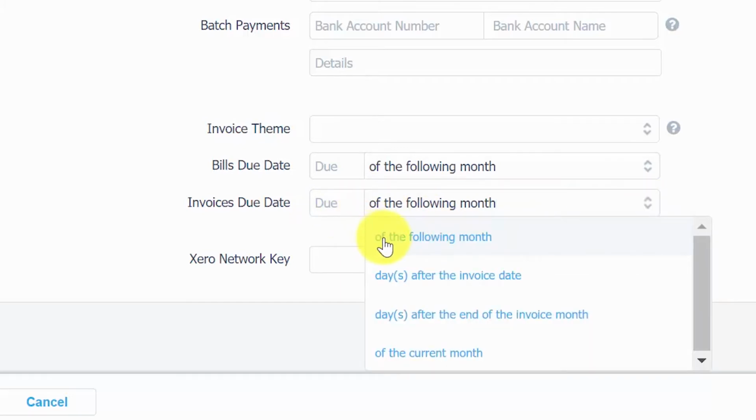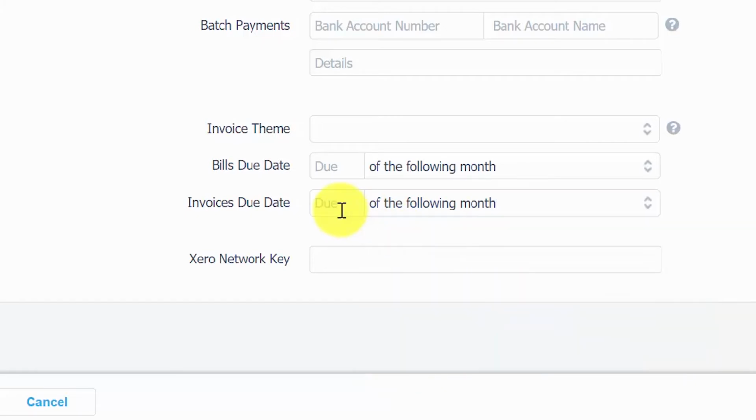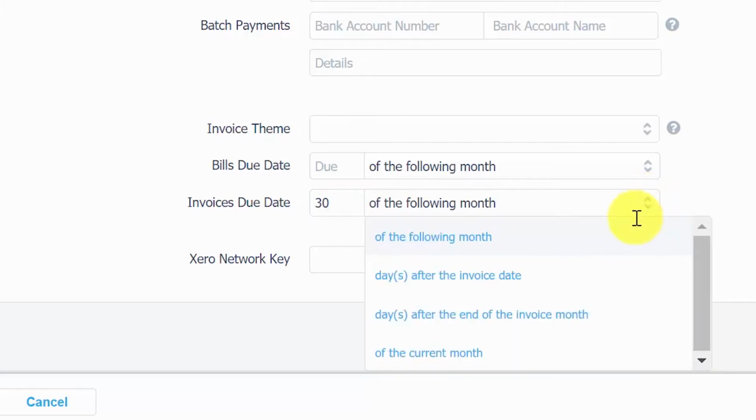You can select the due date that will occur in the following month. You can set up a certain number of days after the invoice date as a due date, a certain number of days after the end of the invoice month as a due date, or you can set up a specific date of the current month. So in this example, we'll go ahead and say our customer invoices are due 30 days